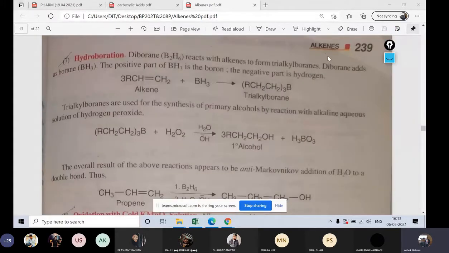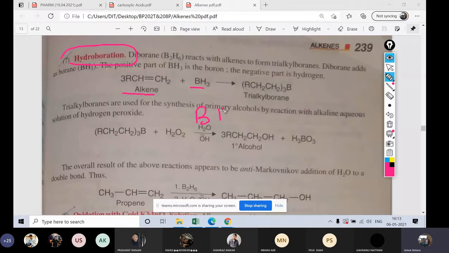Okay, next is hydroboration. I told you what hydroboration is. Alkene with BH3. So again from here see BH3. Now who is your positive and who is the negative? Boron is the electropositive atom. Please remember this one. Boron is electropositive and hydrogen is negative. So the plus part would go to the carbon with more substituted hydrogen, so it will be here, right?